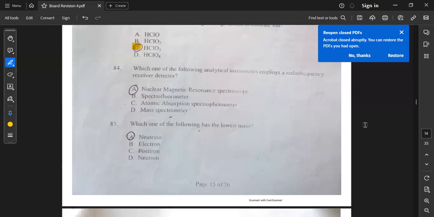Which analytical method employs a radio frequency detector? Trina said it is NMR. When we are at number 84, have we discussed the various instrumental methods of analysis? NMR, IR, and mass spec. I think those are the major ones, and UV